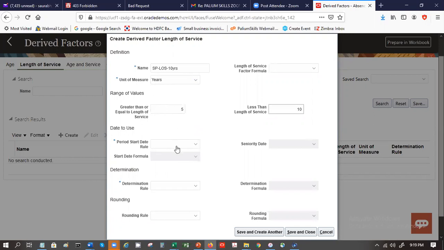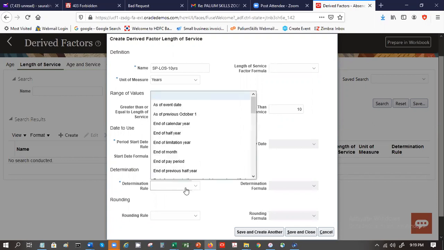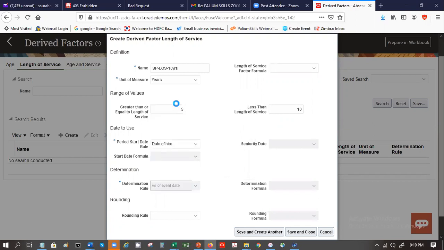Okay. Meaning when it should calculate, is it? Yes. That means how many years of service? 5 years of service, but less than 10 years of service. That is when it will calculate. Until then, it won't calculate. Is it like that? No, no, it's not the case of calculation.